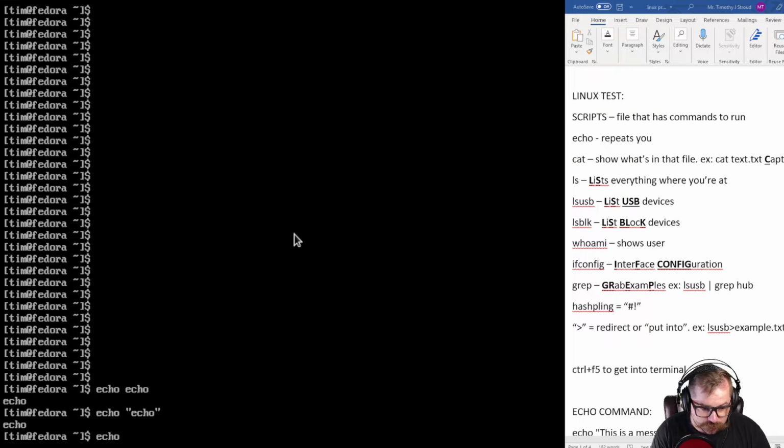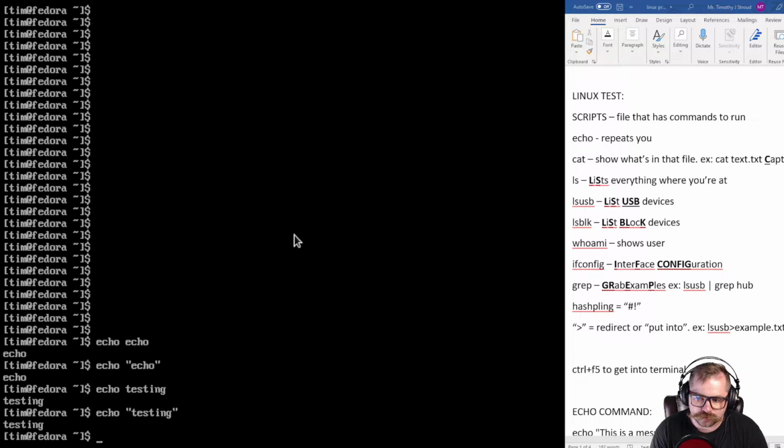So we can do echo testing. It just echoes "testing." So whatever happens after the command echo, it's going to echo, because an echo is a repetition of what you said. Right? So echo's easy. The next one's going to be cat, which the way I'm trying to remember it is